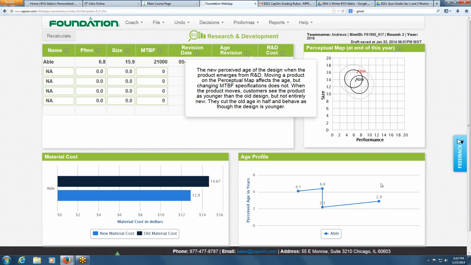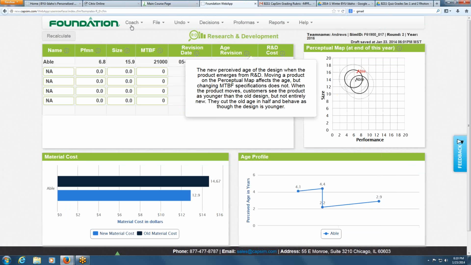So if you look at mine's at 2.9, next round it'd probably be good just to let it go to 3.9 because it passes through that 3 years mark in the middle of the round, which will be good. And then the round after that, I would revise it to bring it back down to 2 and kind of go through.